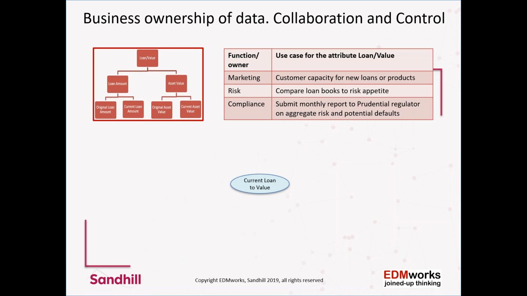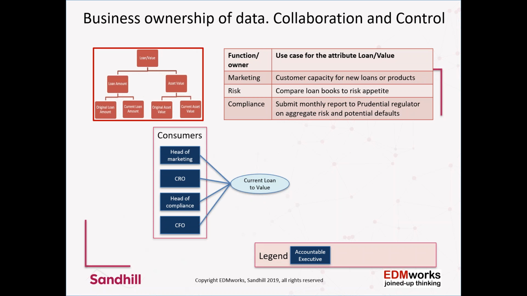So we've got various stakeholders: marketing, risk and compliance. The first thing we have to do is find out who owns it from a consumer point of view. Generally, the consumer is always more interested in the data than anybody else. So at the most senior level, we need accountable executives, people who aren't actually going to work on the data, but they are accountable for the processes within their area, and therefore we need them to take executive ownership. Their task is then to nominate people within the organisation, to put specific checks into their job descriptions, to make sure certain processes are adapted, and to make sure there's collaboration going on with other people.